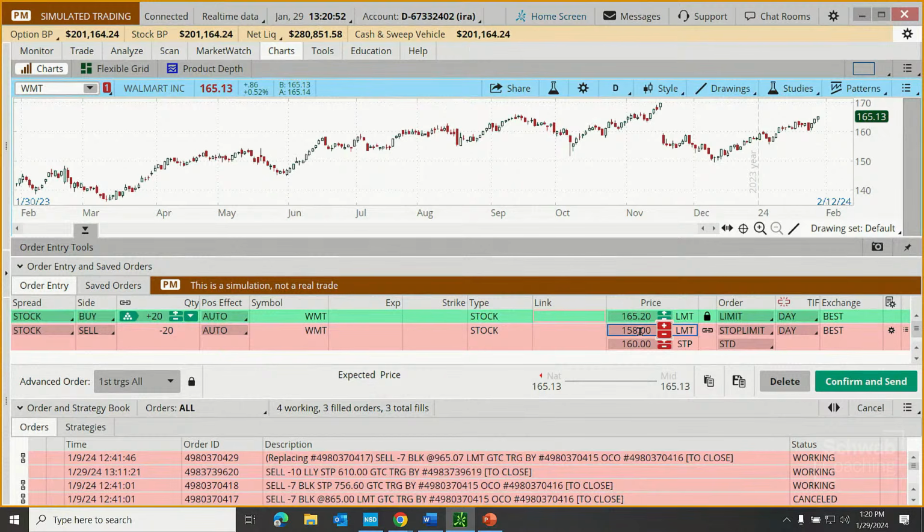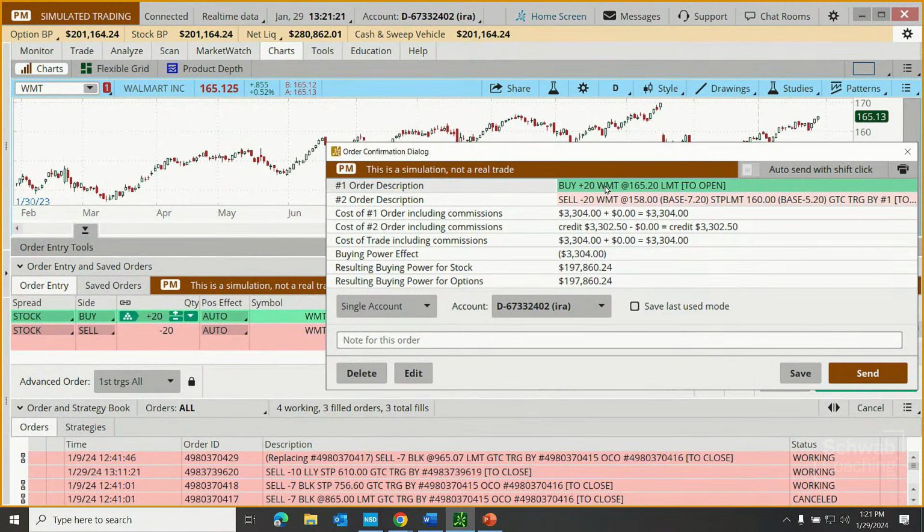So this is a stop order combined with a limit. What this means is buying if we can still get it for 165.20 or better. If the price falls to 160, kick out in order to sell, but only if we can still get at least $158 for that order. There's a risk there. If it gaps really far, really fast, stock could run on down. But let's make sure that this sell order combination is good till canceled, so it doesn't expire at the end of the day. Let's click confirm and send.